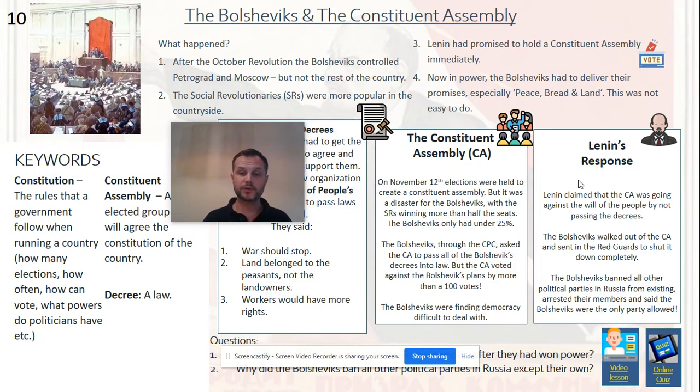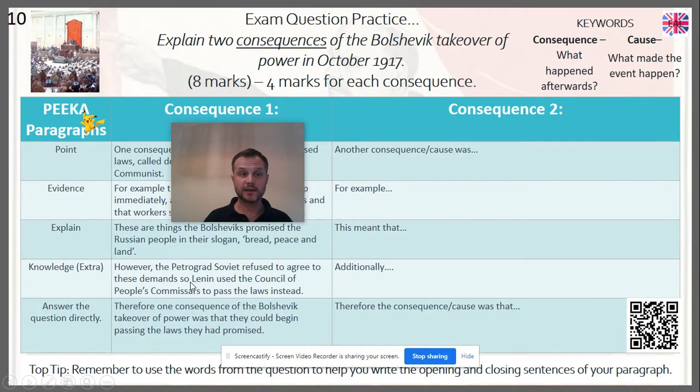So have a go at the two questions that are on this slide and have a go at the writing task here. Now you've got to do a PEC paragraph. There's an example for you there. I'm going to try and write the second PEC paragraph to answer that 8-mark question, to explain two consequences of Bolshevik takeover of power. Okay, hope all that makes sense, and I hope